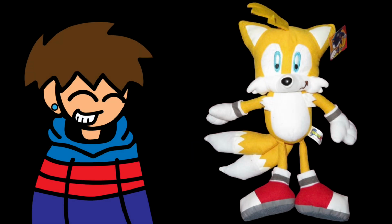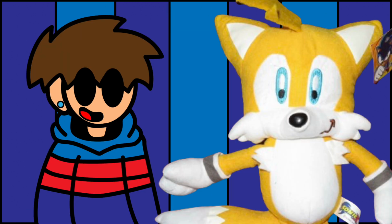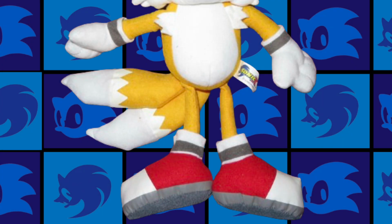The next plush we're looking at is Tails, and judging off looks, it's a decent Tails plush, but let's not get too ahead of ourselves. The facial expression captures Tails' design pretty well, and the head shape is made correctly. The nose is made out of plastic, which in my opinion, Tails is the only Sonic character that can pull off a plastic nose. Moving on to the body, which still has that weird oval shape by the way,